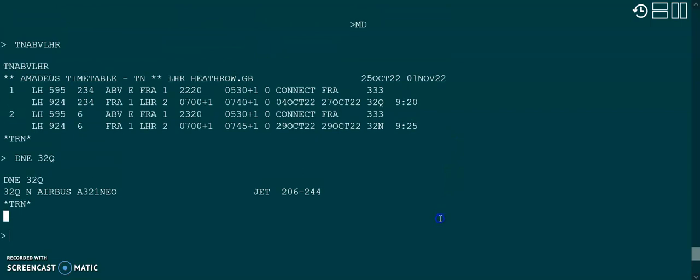So let's go back. Now, on line 1, the total time for this first flight and the connecting flight is 9 hours 20 minutes. The plane is going to fly 9 hours 20 minutes from Abuja to London Heathrow. Line 2 says Lufthansa flight 595 is flying only on